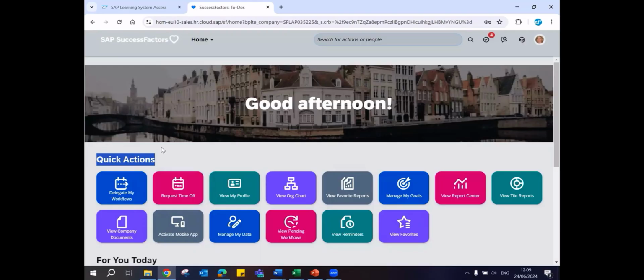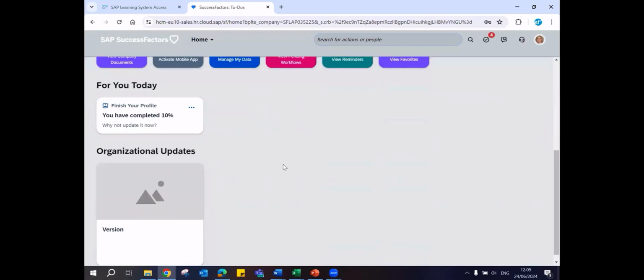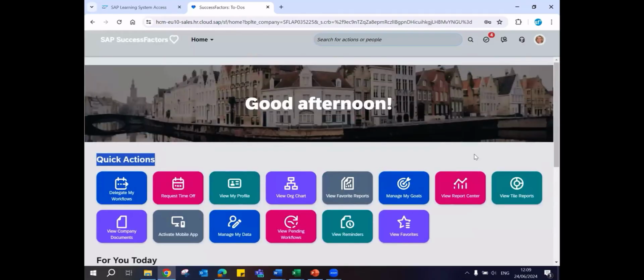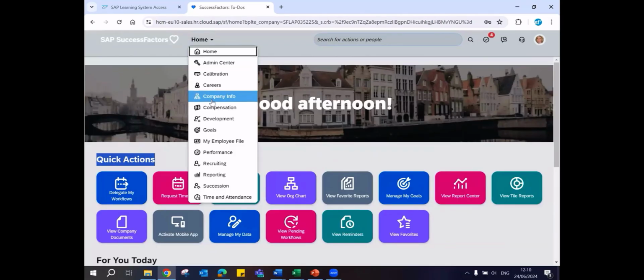And we can also enhance this homepage with various other additional sections, custom sections that we can bring in on the homepage. So we have a dedicated session on the way we can handle the homepage. We'll discuss that down the line. And here we get the navigation into the respective modules that are activated in the system. It might be compensation management, career development, performance and goals, recruiting, like this. Different areas, whatever are enabled, they all will be shown up here. With a single click, I can get into that respective module related screens.